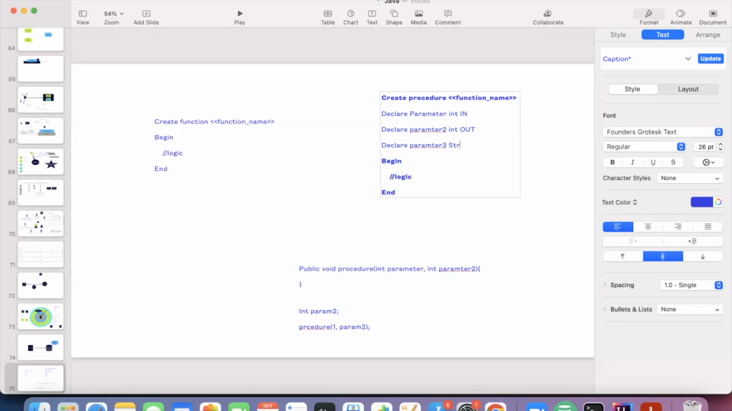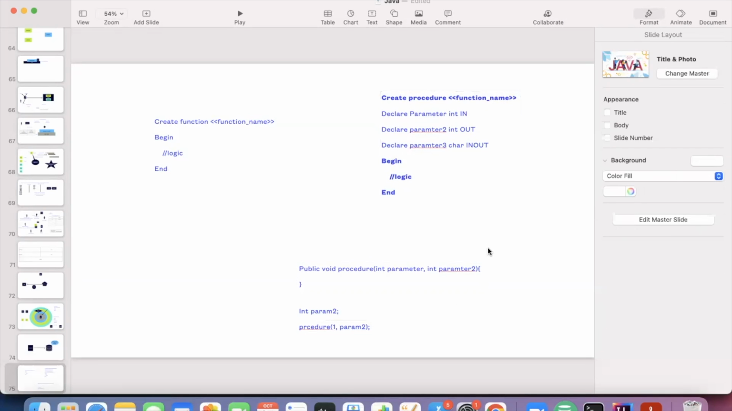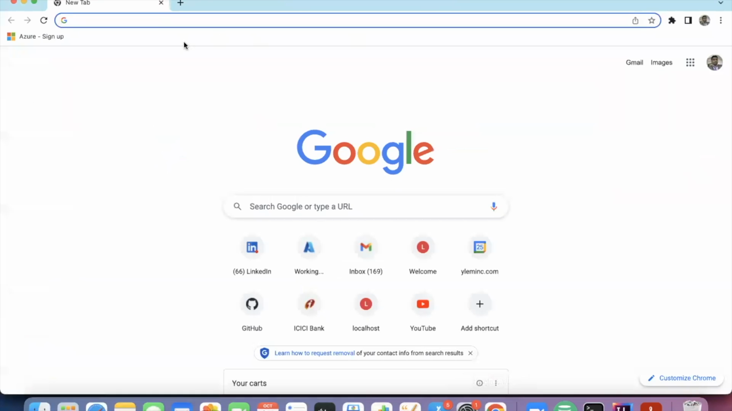or string you can take as in out. So what does it mean? The in out parameter can be an input, and it will also update the value on top of this one. You cannot update the value on this parameter, but you can update the value on the parameter 3. That's how it will work. So if you see any sample functions,